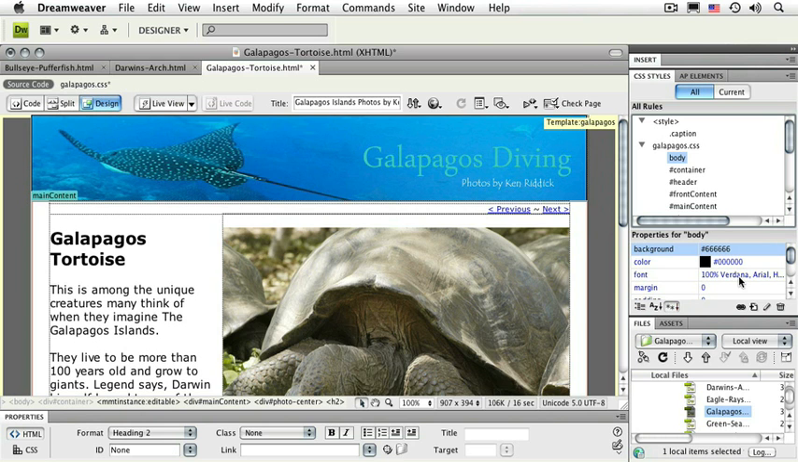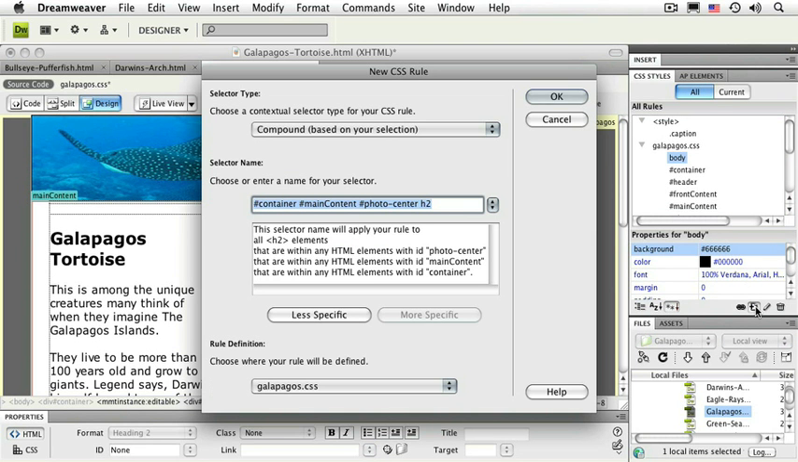So what we're going to do now is we're going to create a new style, just like we created that class style. And now Dreamweaver is automatically assuming that I might want to create a compound style for the H2 tag, because when I had my cursor in this headline, it was inside these other tags. Again, that's a very specific style,